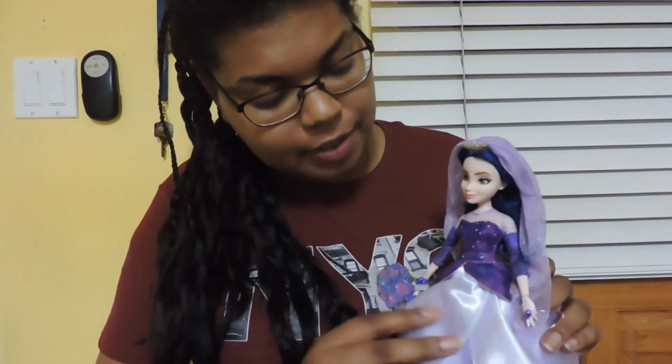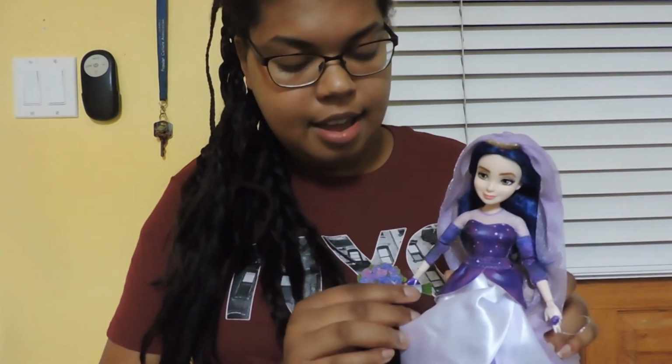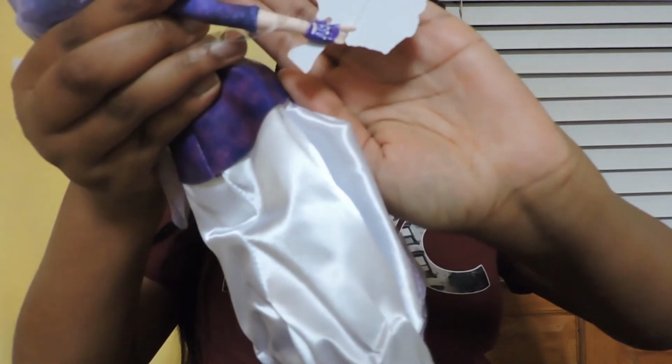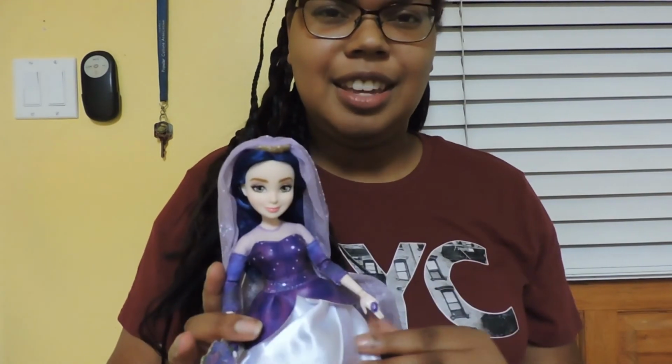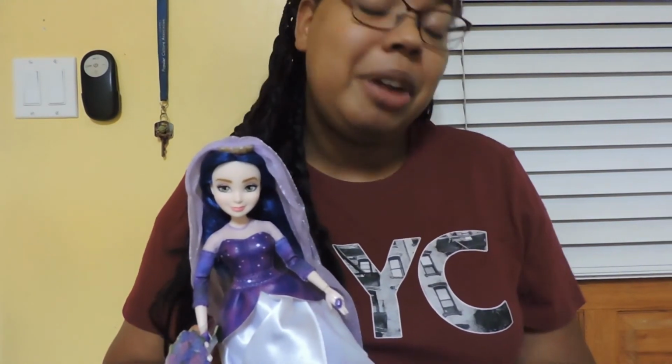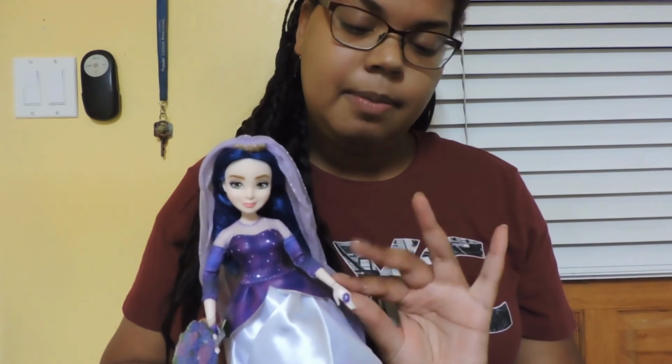But I do really love this doll. I'm really excited about her. I think she's going to be really perfect for what I have planned. She does have one gloved hand also, for the record, one gloved hand and one bare hand with the ring. Which is interesting, because I was watching the engagement in D3 and she's wearing gloves on both hands. I don't know why Dove Mal can't handle a ring and a glove, but I'm glad we get